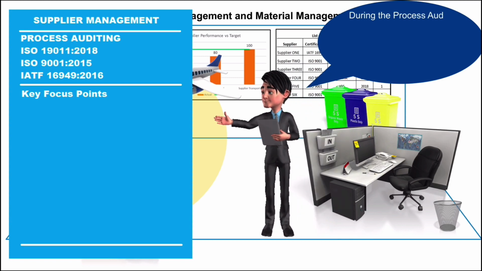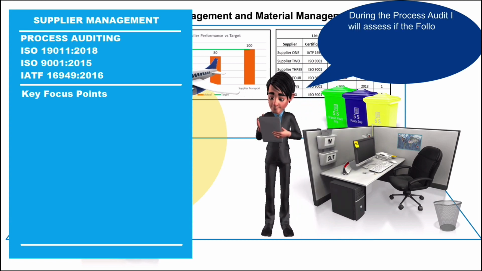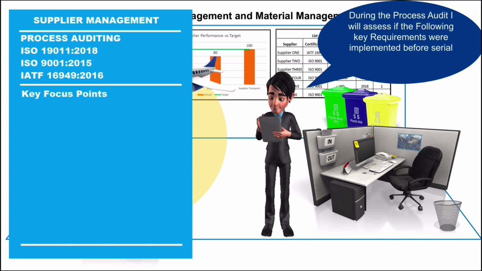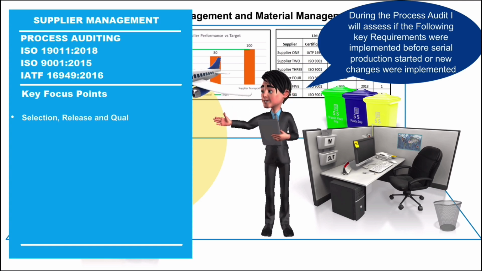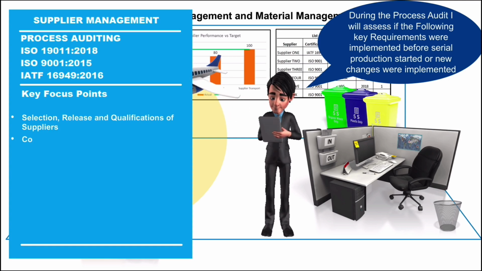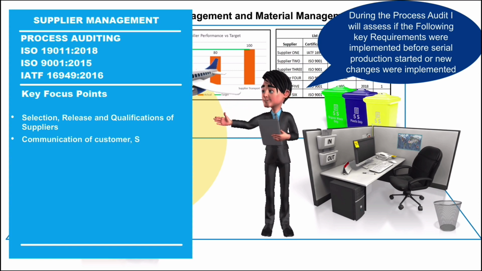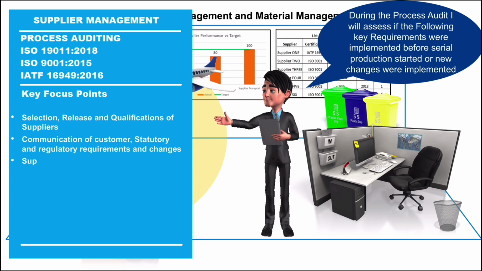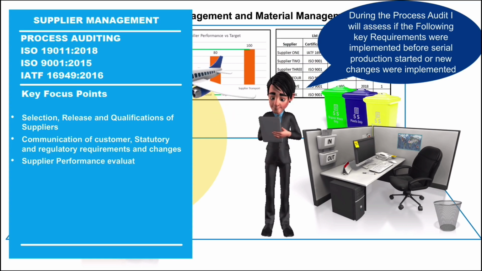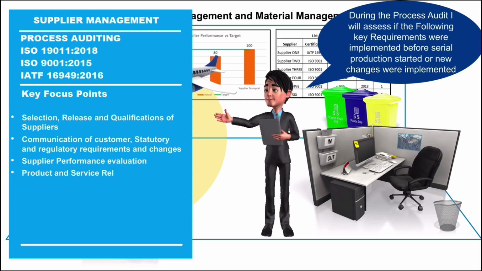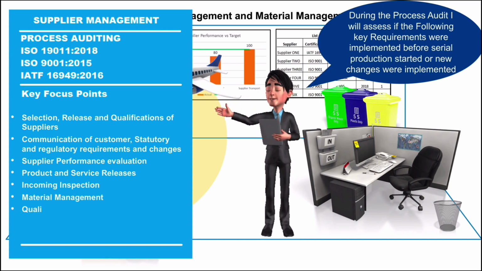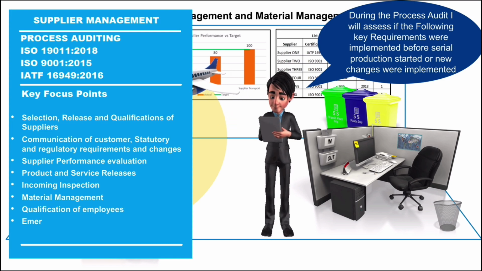During the process audit I will assess if the following key requirements were implemented before serial production started or new changes were implemented. Selection, release and qualifications of suppliers, communication of customer, statutory and regulatory requirements and changes. Supplier performance evaluation, product and service releases, incoming inspection, management material, qualification of employees, and last but not least the